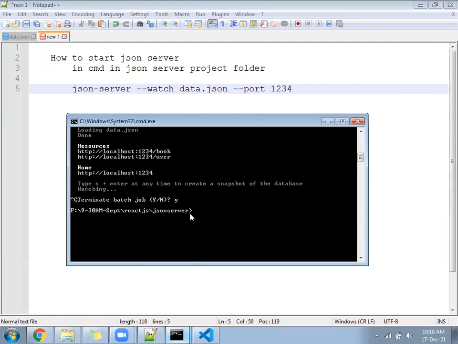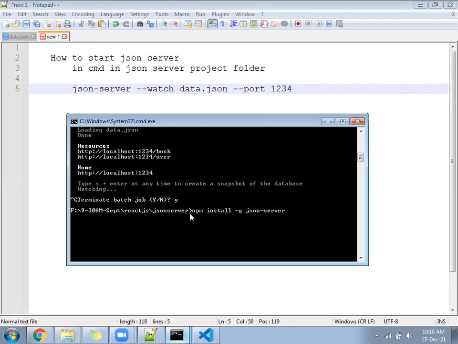npm install -g json-server. In that video, it was explained how to install the JSON server.